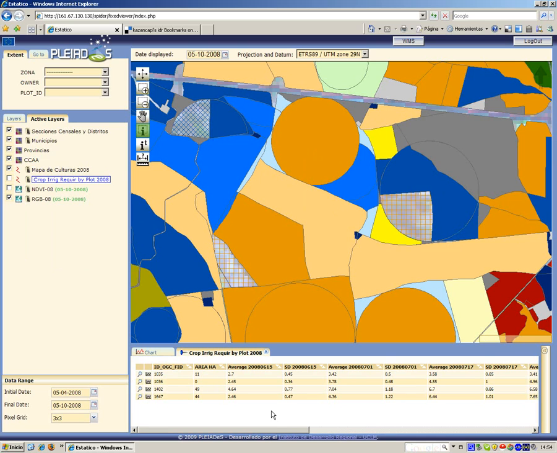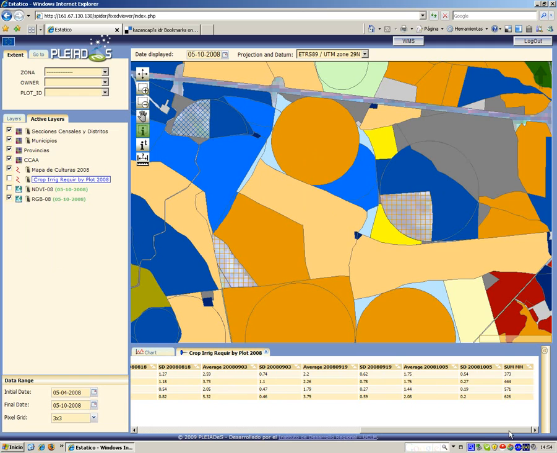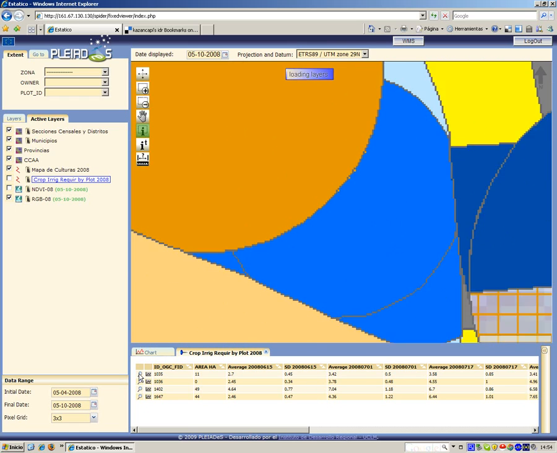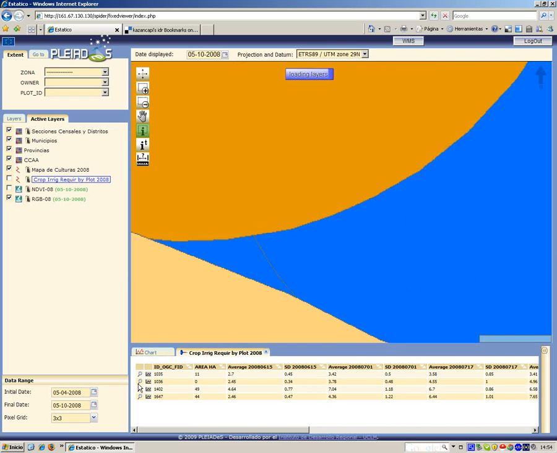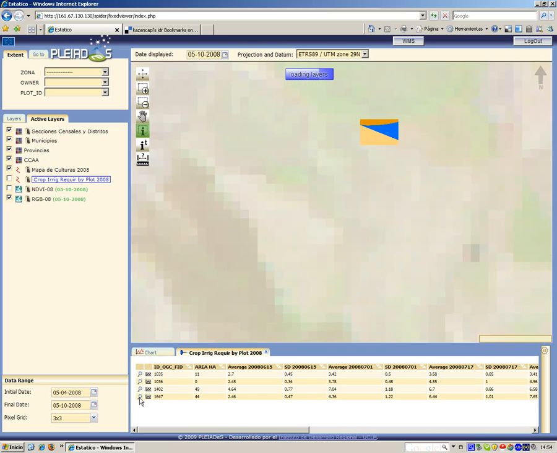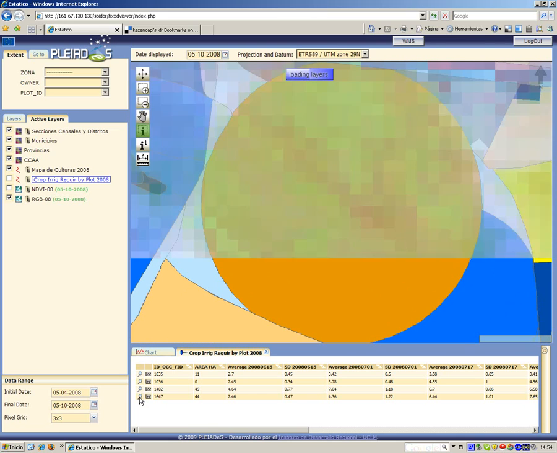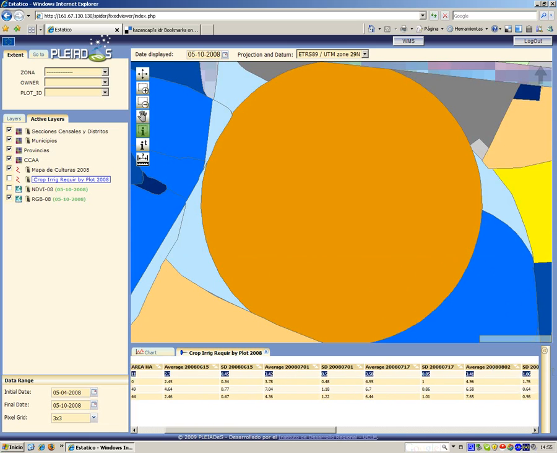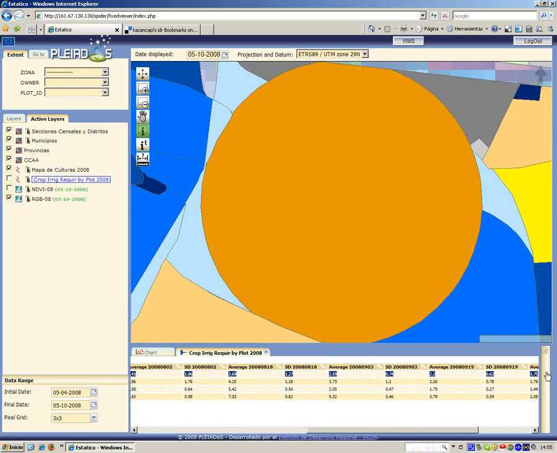Okay, those 4 plots. Here is shown all the data available for this layer, and here we can see 2 buttons: the zoom to the feature button. Here you can change from one feature to another from the list. Okay, and here we have got the chart from table. Okay, if we click on this button, we are going to get the temporal evolution of the fields for this